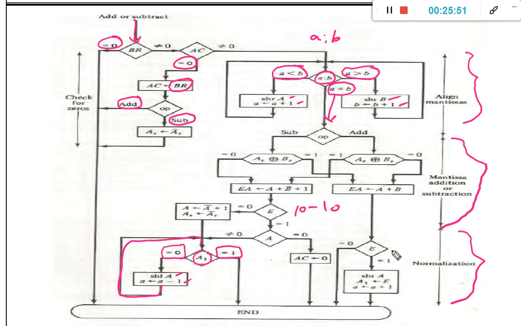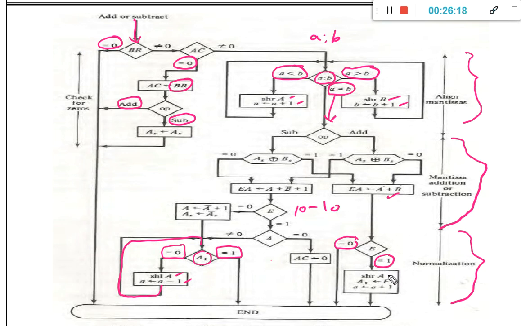So one more normalization we need is based on the E bit, whenever overflow occurs. So if there is no overflow when we perform the addition operation, then E will be 0. Directly stop the execution. However, if there is an overflow, then E will be 1. So whenever E is 1, what do you need to do? You need to perform the normalization. So what normalization do you need to perform?